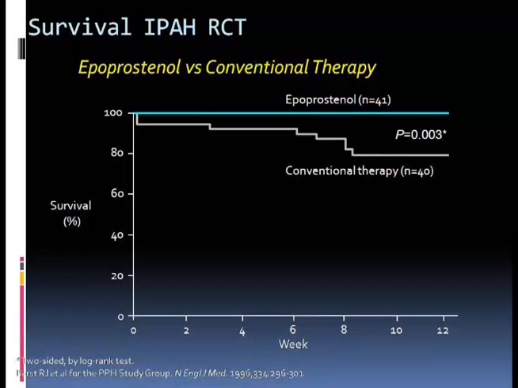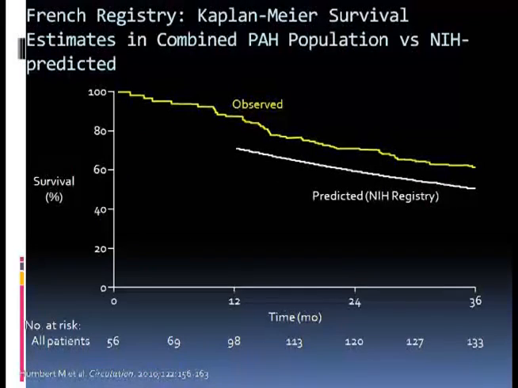So patients were randomized. 40 patients have received conventional therapy, that's anticoagulation, calcium channel blockers, and diuretics, while 41 patients have received epoprostenol. At 3 months, 7 patients died here. And that's the only thing I know about survival in pulmonary hypertension really with certainty. I know that at 3 months, epoprostenol improves survival. I have no clue what's happening down the road. Or at least I don't have controlled evidence of what's happening down the road.